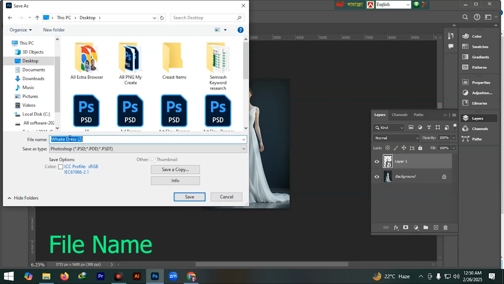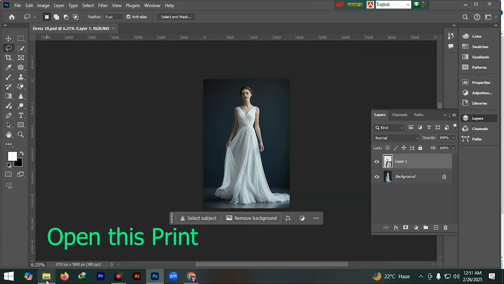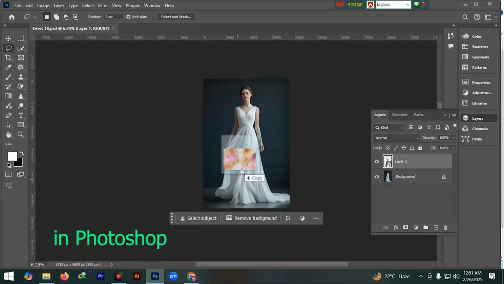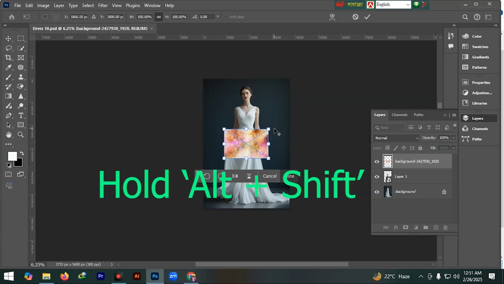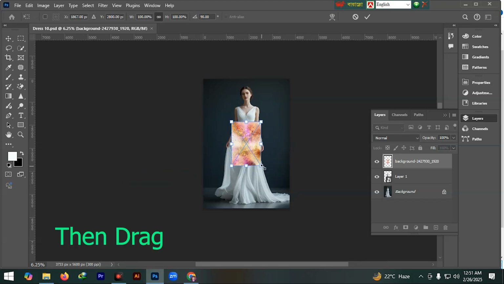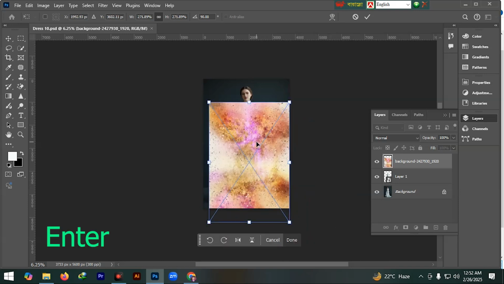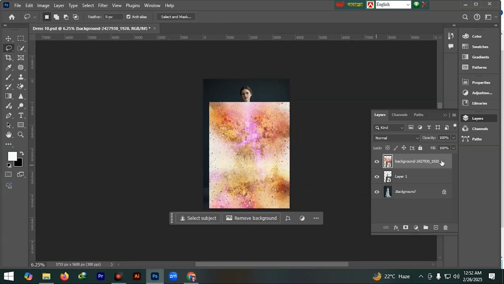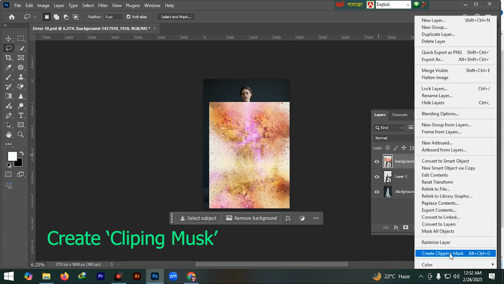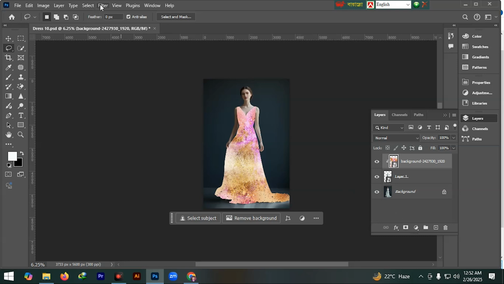file name, then OK. Open this print in Photoshop. Hold Alt and Shift, rotate, then drag, then press Enter. Right click, create clipping mask, go to Filter,